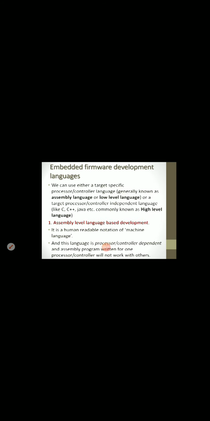So the next point here is the library file creation and usage. This is the second part in the assembly level language development. The first point we have seen already. In assembly level language based development, these are the certain steps we need to follow. First, we convert the source file to the object file, which we have done here. The second step is where the library file creation and usage will be there.